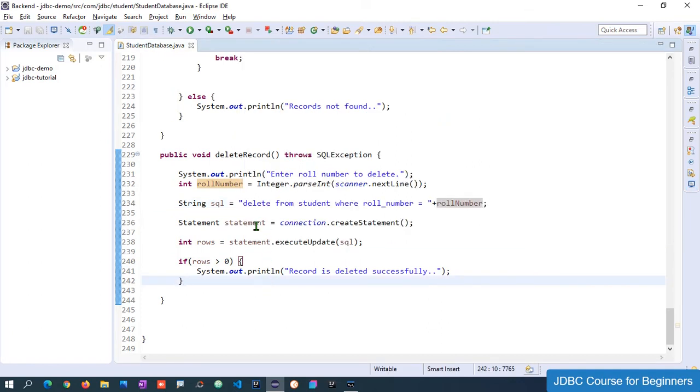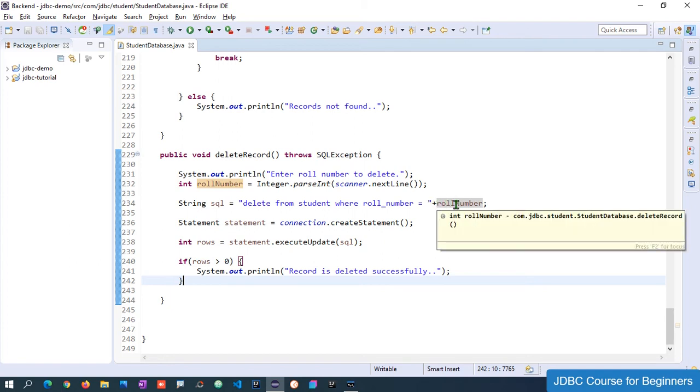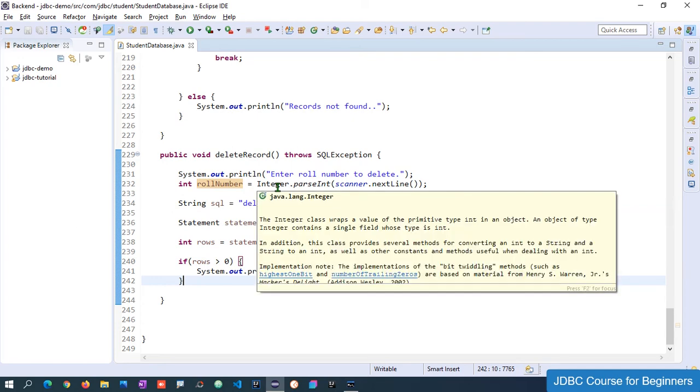I hope you got an idea around how we can perform the delete operation and how we can use these statements, and how we should first hard code the value, and once we get the output with the hard coded value, only then should we go for the dynamic value, because if the hard coded value is not working, then there are very few chances that the dynamic value will work.